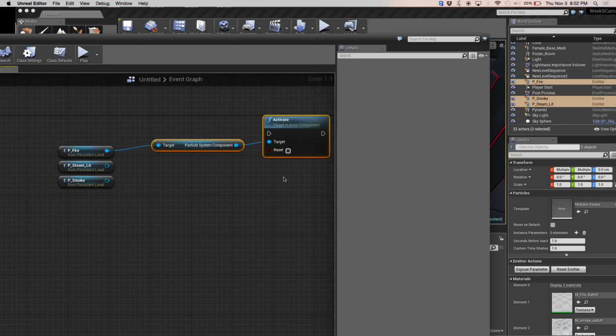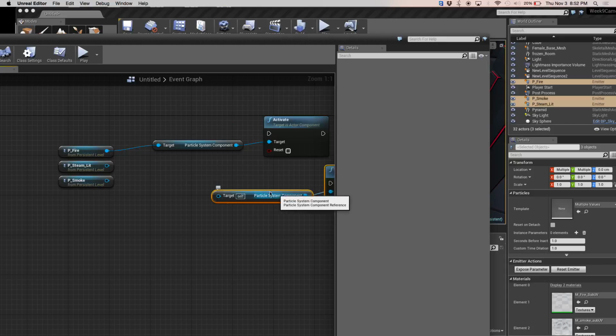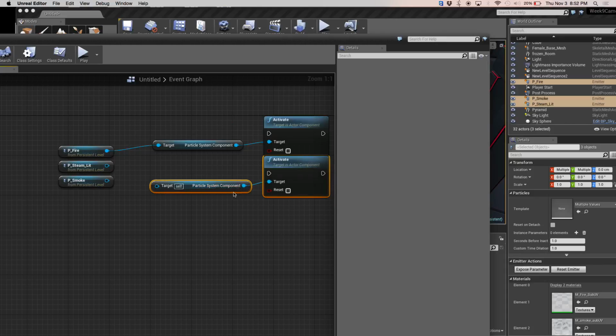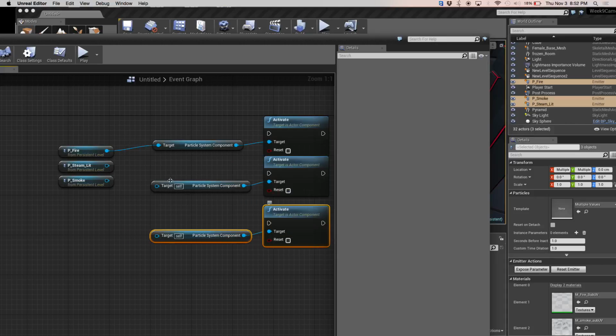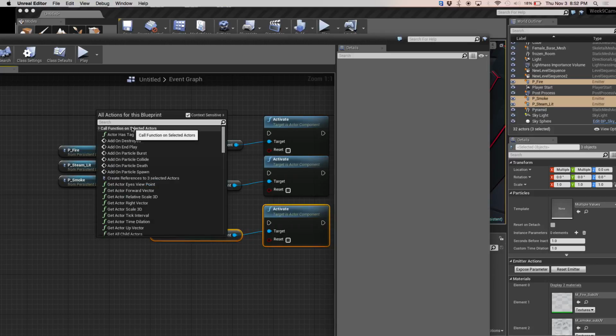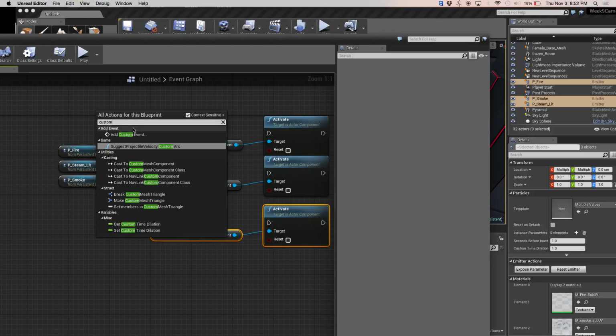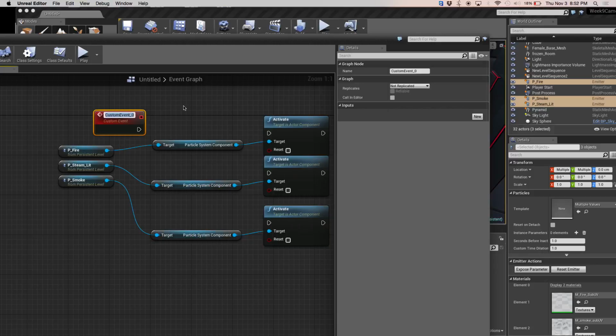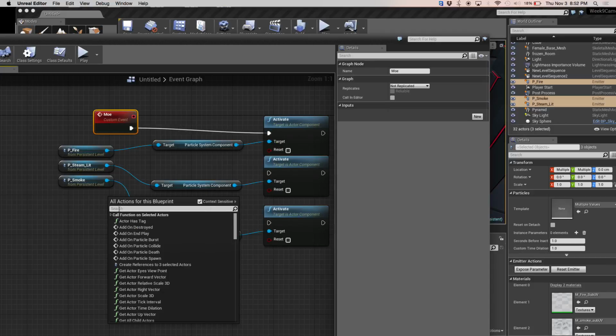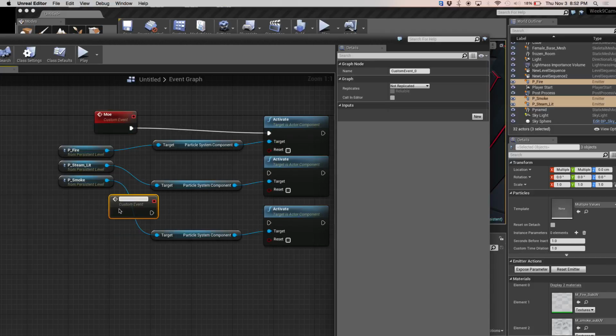So I can just Control W and Control W, and then hook these up. And then the last little bit is I'm going to add a custom event. So we have Mo, right click, add custom event, Larry,